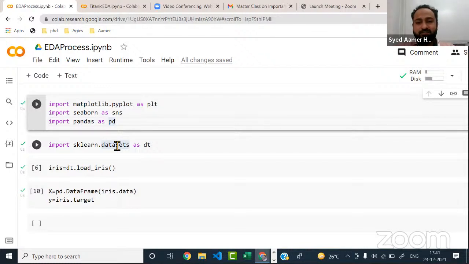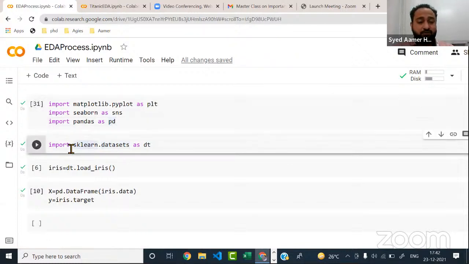The best thing for us is that Python has provided inbuilt data sets. Those are very nice, clean data sets. As far as being a data scientist is concerned, you won't get a clean data set. You have to do a lot of pre-processing and EDA on it. But as far as explaining these concepts is concerned, that is the reason I'm going with a clean data set, which is already available in the sklearn library.